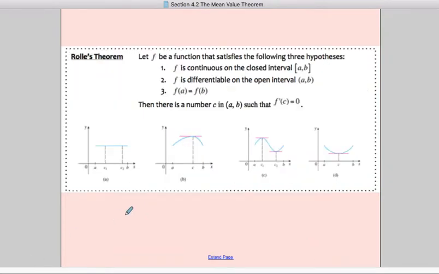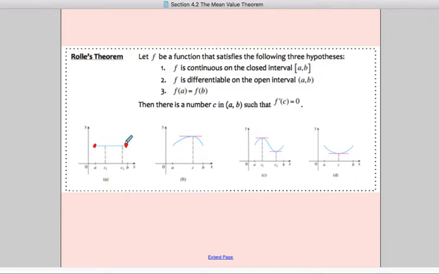Then we're going to go ahead to Rolle's theorem. It is a theorem that uses three hypotheses. The first one is it has to be continuous, so that's the same as intermediate. This is new, though. It has to be differentiable on the interval from a to b. Not at the endpoints, but just from a to b. If that happens, okay, then